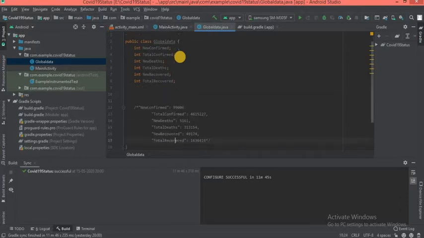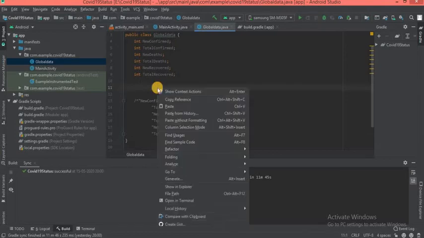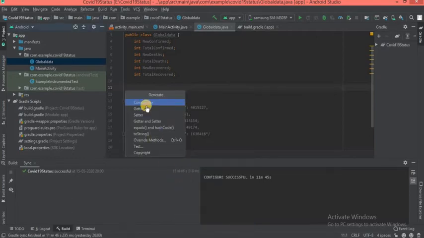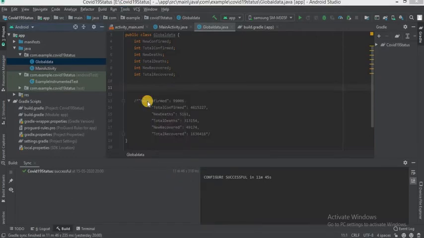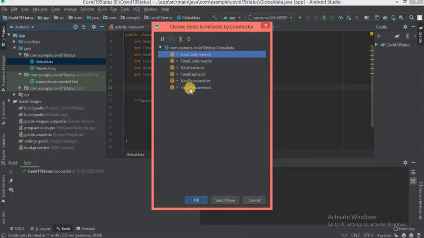Now the global data is over. Next we need to create a constructor for this. For that, right click, then generate, click constructor, choose the fields, then click OK.